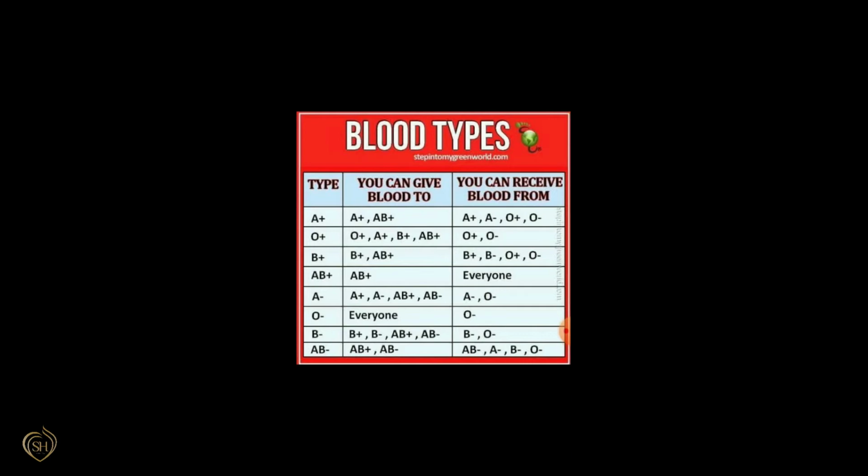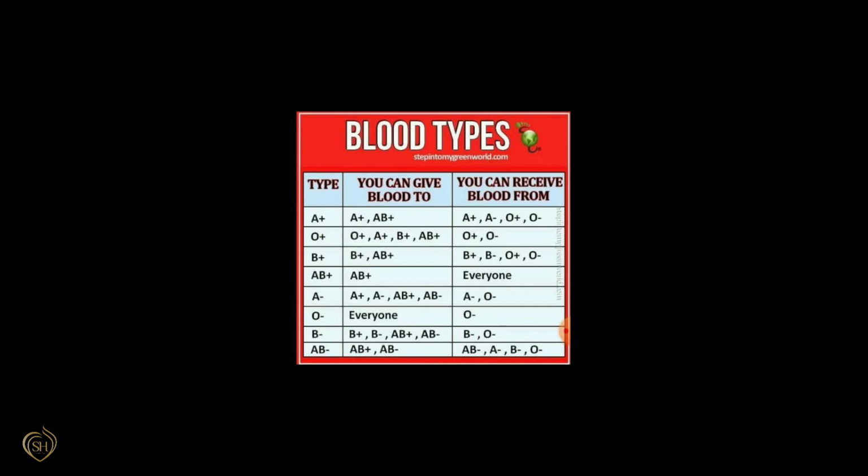And what is the importance of this Rh factor in blood transfusion? I told you that Rh factor is an antigen. Is it present? The blood group is said to be positive. Is it absent? The blood group is called negative. Then in blood transfusion, suppose a person with positive blood transfuses blood into a person with negative blood. For example, O positive blood is donated to a person with O negative.